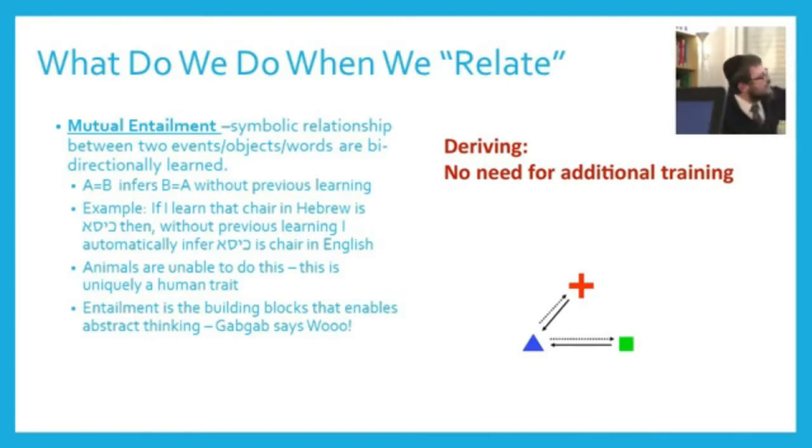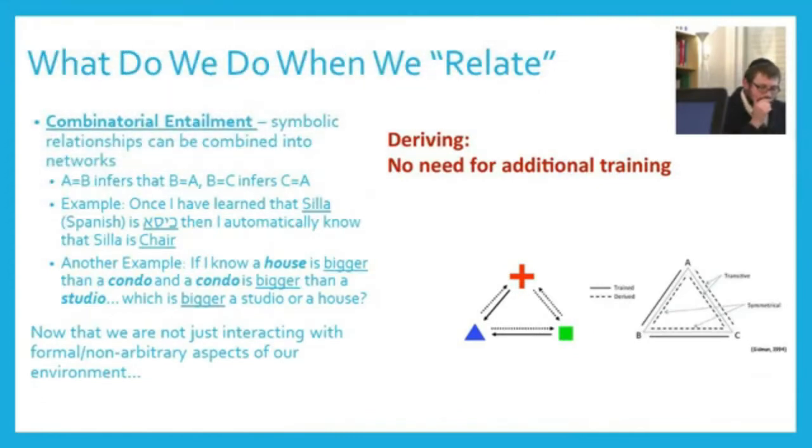And again, just another graph showing how mutual entailment works. We can make non-arbitrary associations between a red cross and a triangle, and then we can do the same thing with triangle to square, and we don't have to learn them both ways. We can just learn them one way, and the whole thing automatically unfolds. With the next slide,